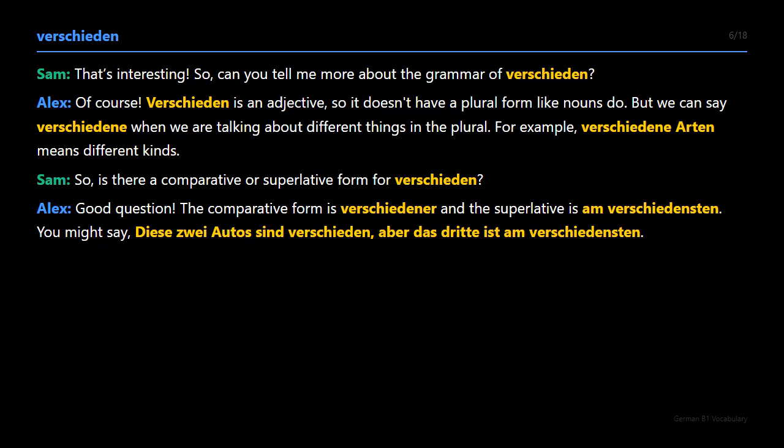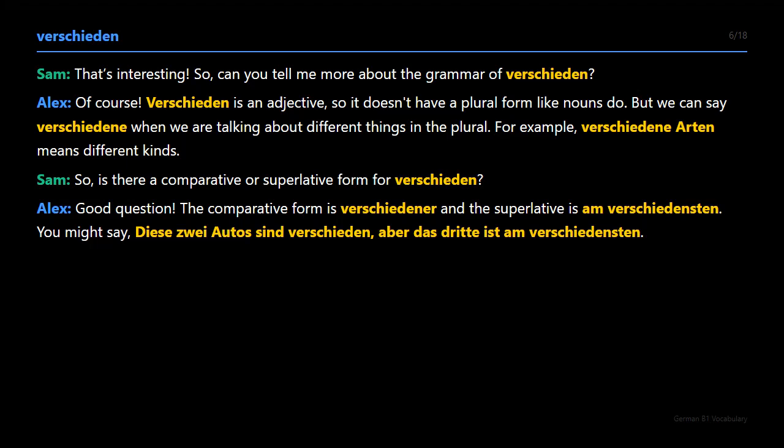verschieden? Of course, verschieden is an adjective, so it doesn't have a plural form like nouns do. But we can say verschiedene when we are talking about different things in the plural. For example, verschiedene Arten means different kinds. So, is there a comparative or superlative form for